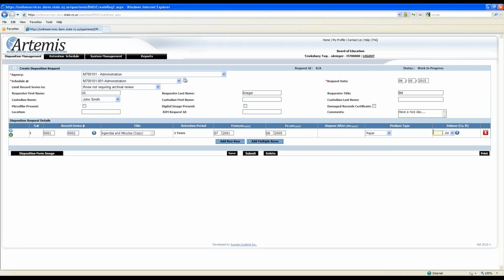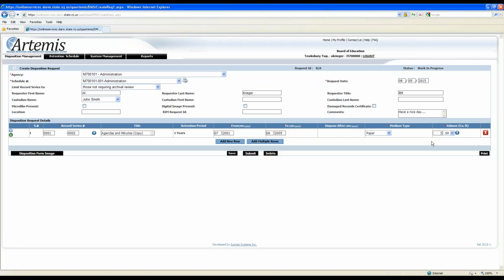And then volume: how much volume am I trying to dispose of? Again, this is a requirement. I typically say it's really a guesstimation. If you take a standard record storage box, which is a 1 cubic foot box, how much of these agendas and minutes are filling up that box? Now, it could fill up the entire box, in that case I would put just one. But since I have 4 years worth of these records, it might be filling up 3.5 boxes. So I can do 3, and then in the drop down to the right, I can say 0.50. So I picked 3.5 boxes.